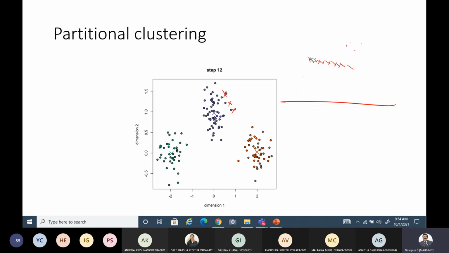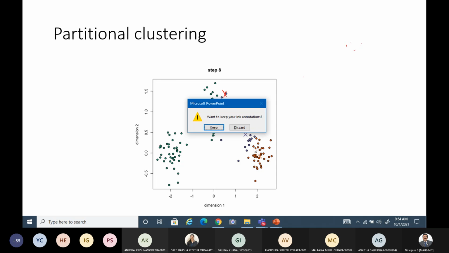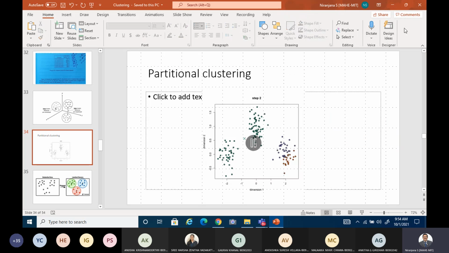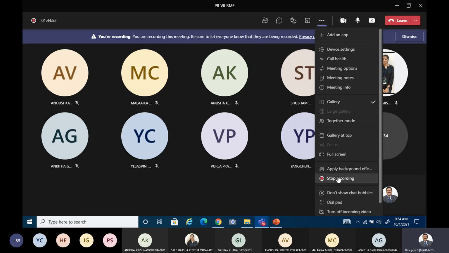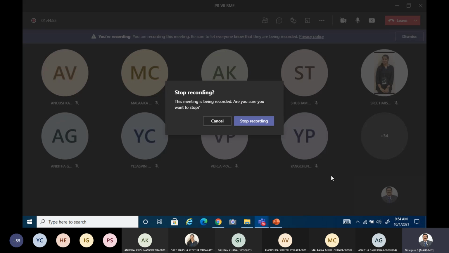When you consider all these pixels and their distribution in gray or color, based on those images you can plan for segmenting certain regions of interest using these kinds of clustering approaches. Applying these algorithms, you can find some region of interest. So it's not only that you can classify, sometimes you can even look for some